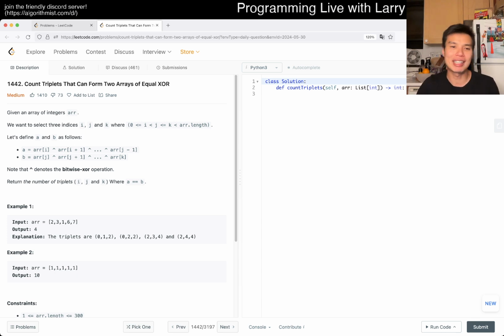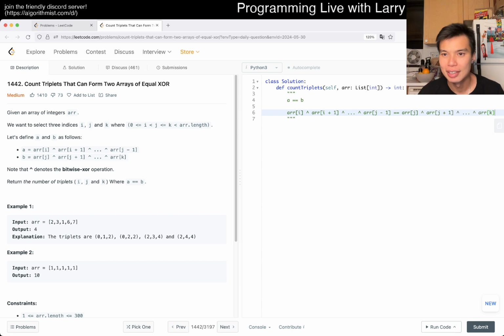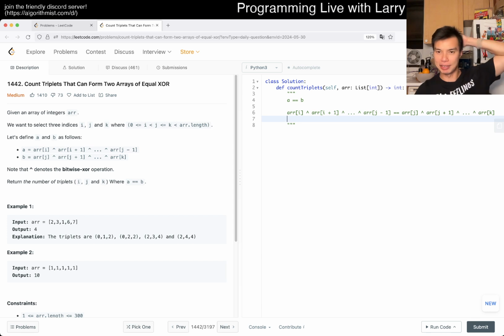Well, okay. I think one thing that I forgot to think about is that we return the number of triplets where I, J, and K satisfy A is equal to B. What does A is equal to B mean? So let's write it out. A is equal to B means that A is equal to this thing, is equal to this thing. And of course, what does this mean? This means that A XOR B is equal to 0. So, okay, given that,